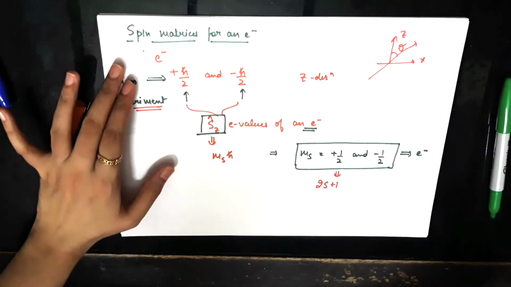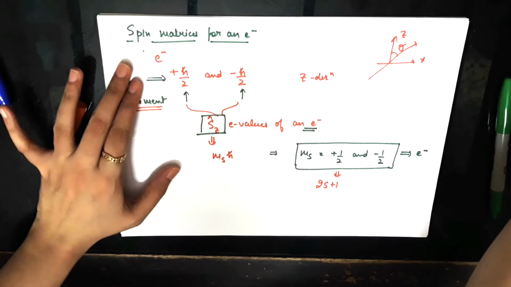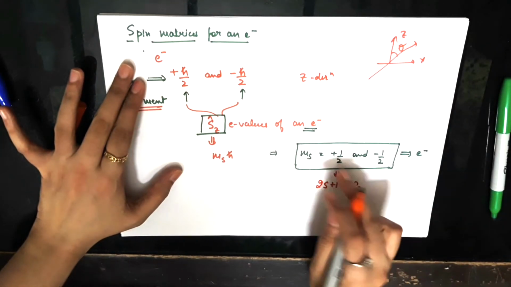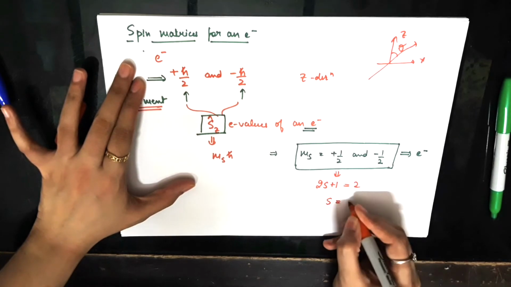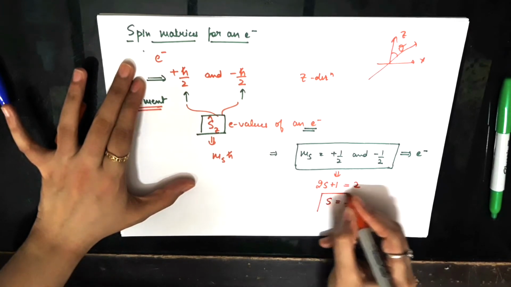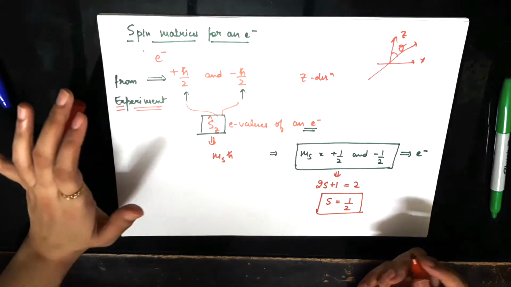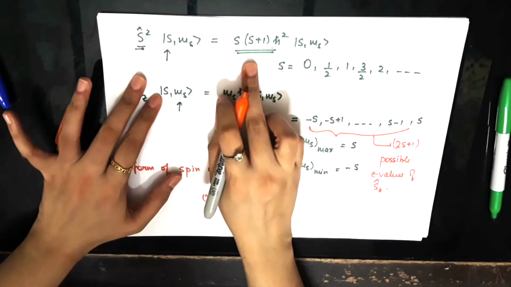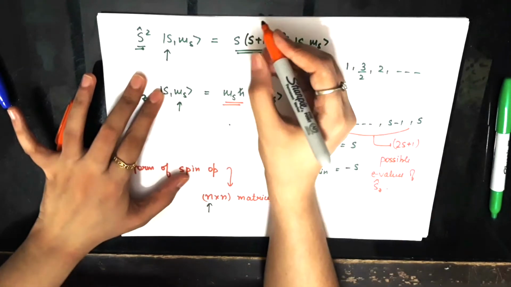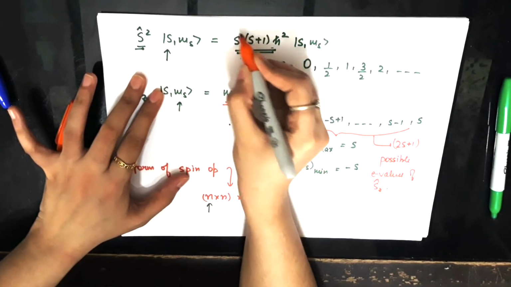In this case, 2s plus 1 would be equal to 2, because there are two states possible in the Hilbert space. So this would straight away give you that s is equal to half. And this s is what determines the eigenvalue of the S squared